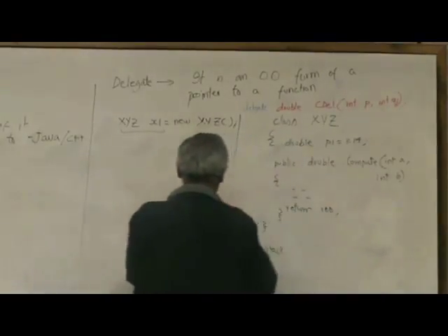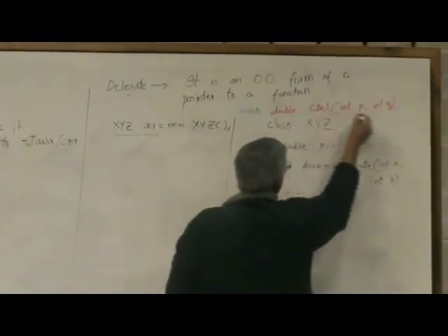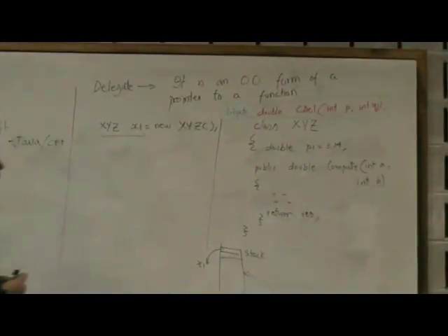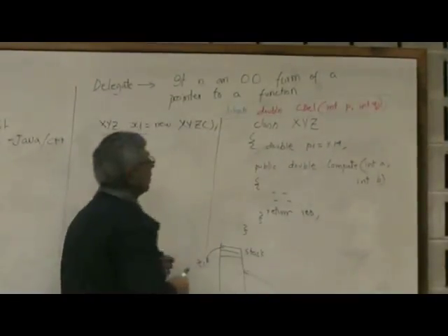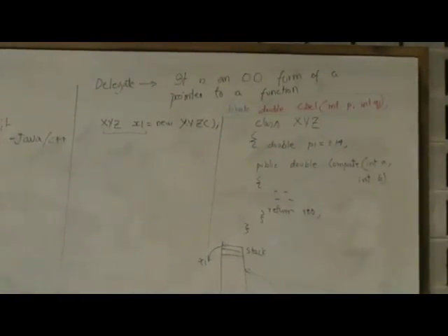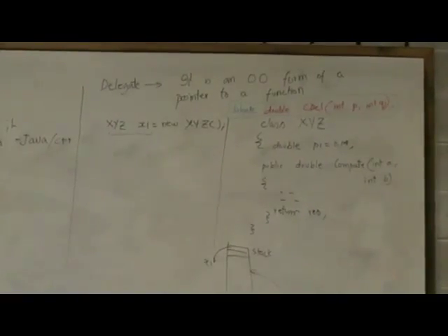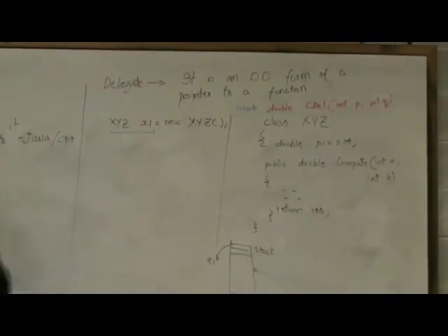So this one line of declaration, as you can see, will end up creating a delegate called cdel, which is capable of pointing to a function that takes two integers and returns a double. So just like a class, it's just a declaration. Nothing exists in memory. If we really wanted this delegate to point to this function, we have to create an object of it,